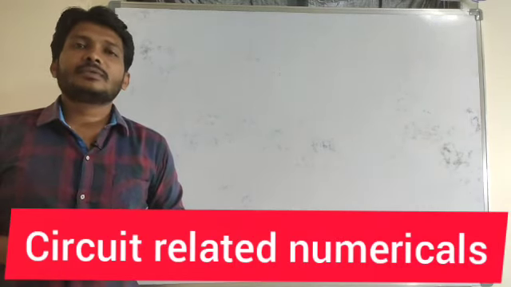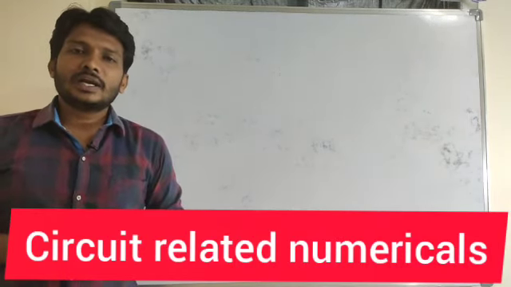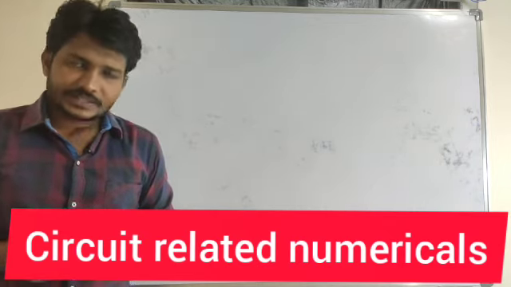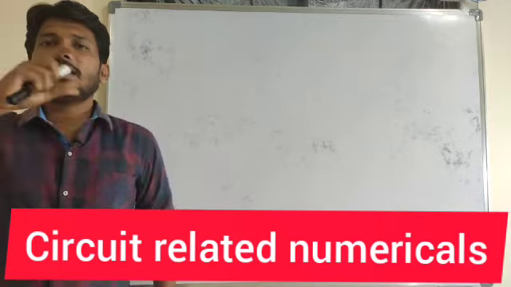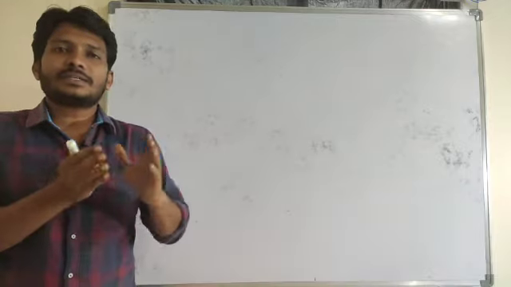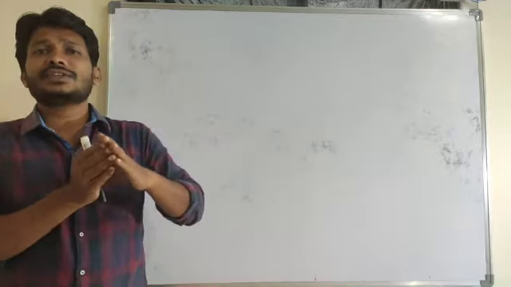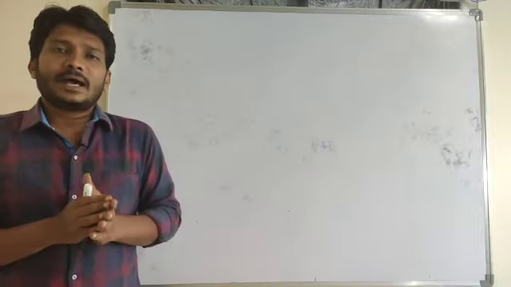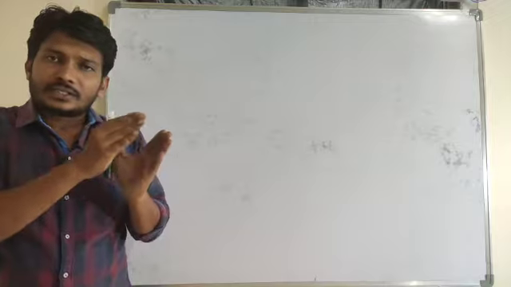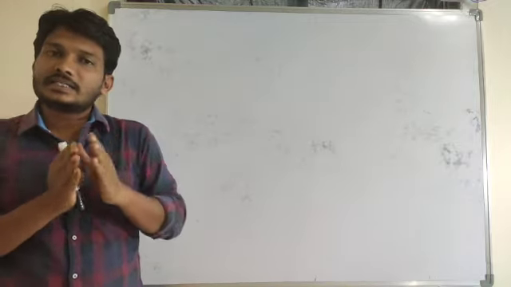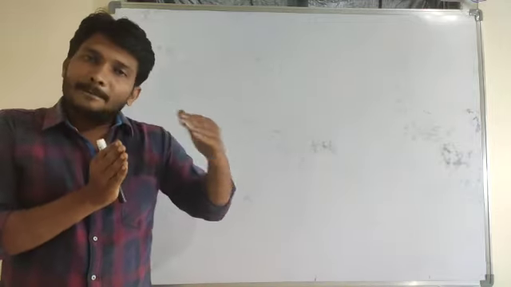Hello dear students, today we will be discussing some circuit-related questions on capacitance. In solving for equivalent capacitance, the capacitors are arranged in a random aspect, in series as well as in parallel. So my primary duty is to simplify them in a series or in a parallel combination.